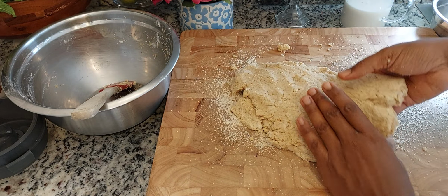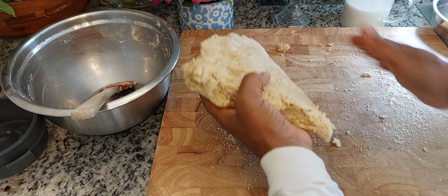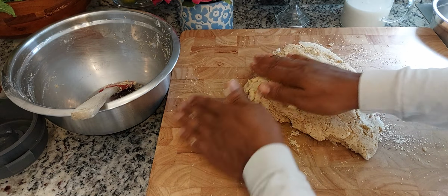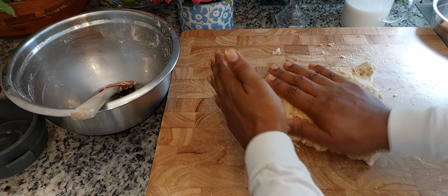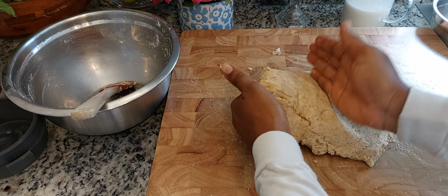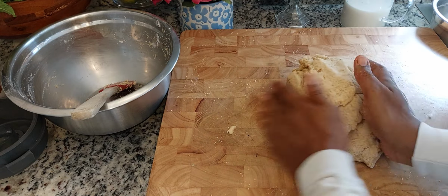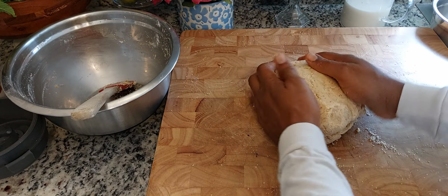We're just pretty much folding her onto herself like this. You know, traditionally you'd be using a rolling pin, but honey, nobody got time for that nowadays. Have to make life as easy as possible, right? So just keep folding, and that will create some sort of layering with the butter and allow your